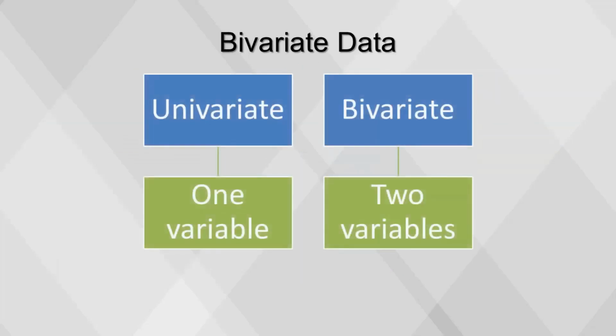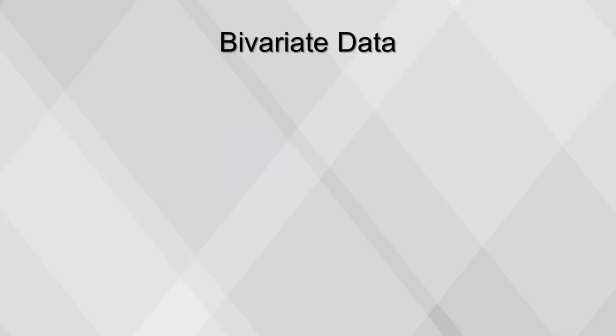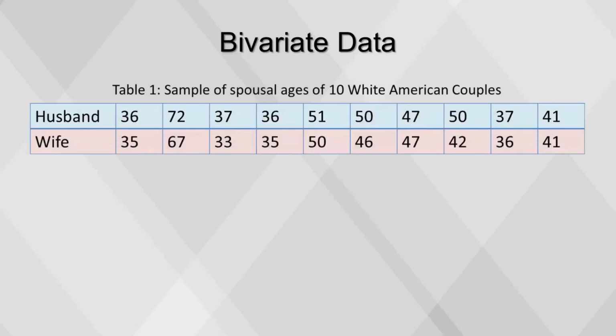Bivariate data consist of 2 quantitative variables for each individual. In contrast with univariate or single variable data, our first interest is in summarizing such data in a way that's analogous to summarizing univariate data. By way of illustration, let's consider something with which we're all familiar, age. Let's begin by asking if people tend to marry other people of about the same age.